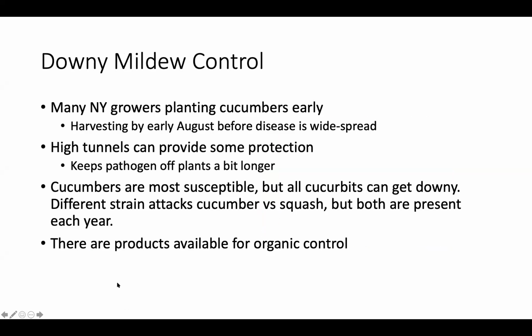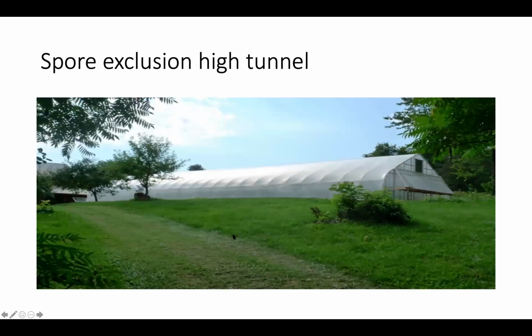So we've done trials against downy mildew, and I would say the most we can get from spraying cucumbers is 2 to 3 additional weeks of harvest. There's really not a very effective fungicide against them. So some growers are just giving up on cucumbers after August. High tunnels can provide some protection, just regular high tunnels. There are products available. I'm going to talk about this really cool spore exclusion high tunnel that